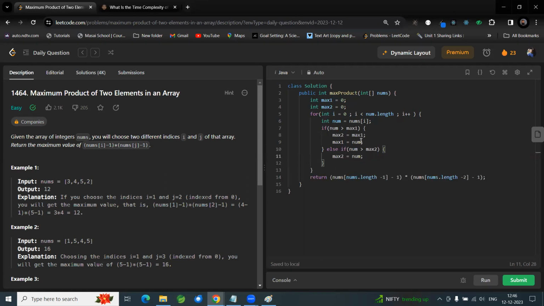Okay. So after this loop gets completed, we will have the values of max 1 and max 2. At this place I will have max 1, and at this place I will have max 2, and this will be my answer. And if I run it,